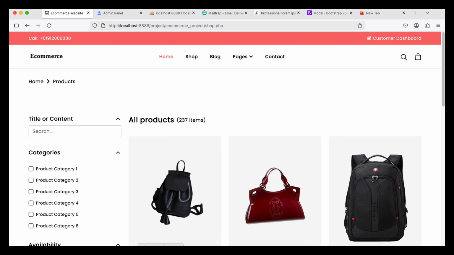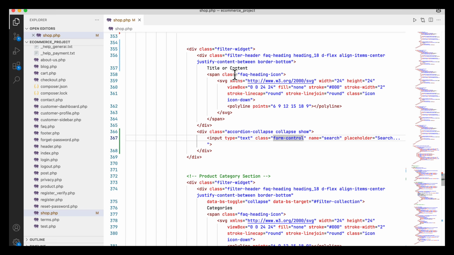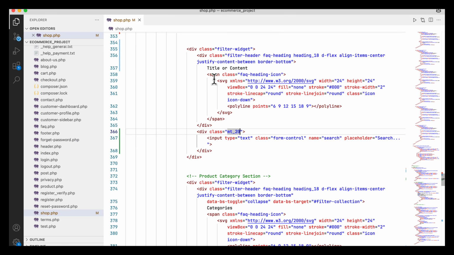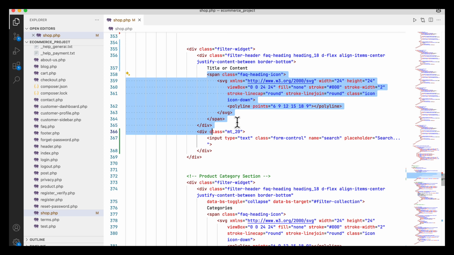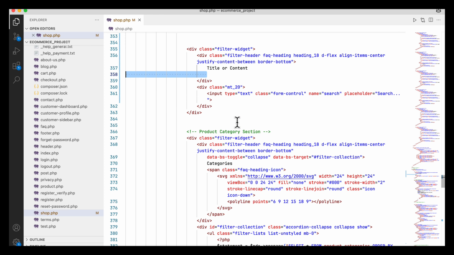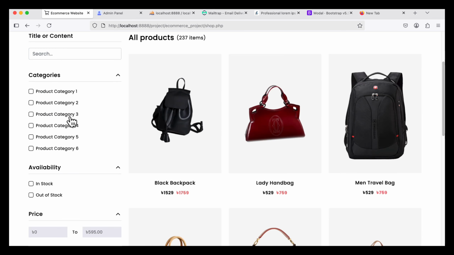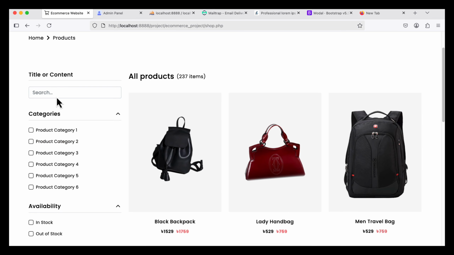If you want, yes, here there will be padding, or here collapse show. There is nothing to show as a collapse. Here I will write margin top 20 pixels. So here you can use this, and no arrow is actually needed here. So from the top I am going to remove the arrow. So this is good. Here you see, search by title or content,